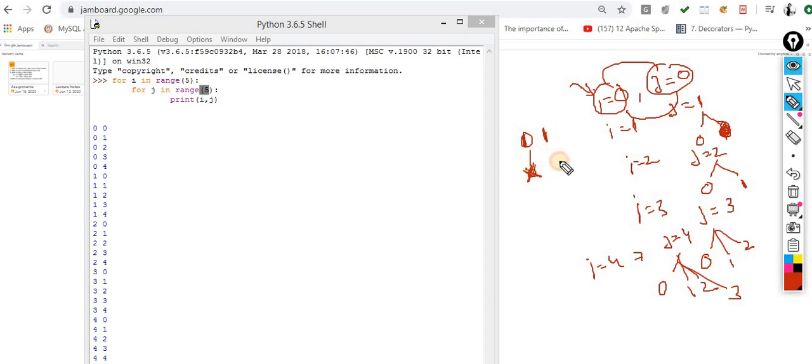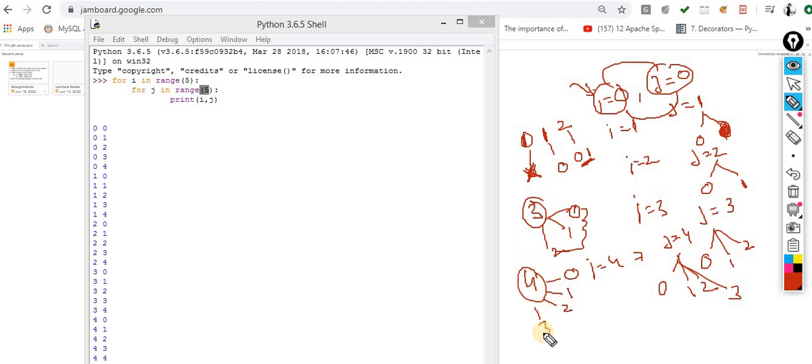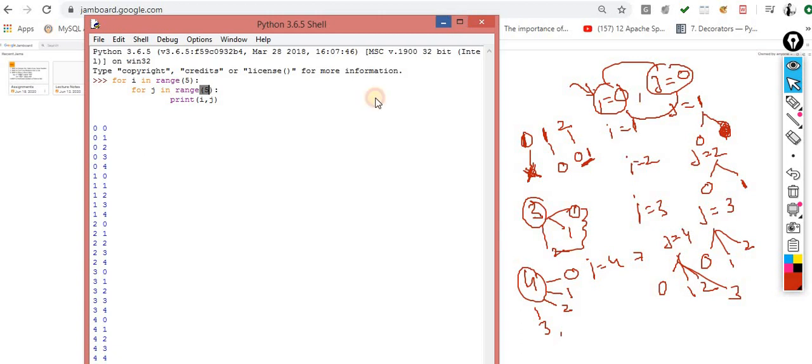If i is 1, then it will run for the 0th step. If i is 2, then it will run for 0 and 1 step. That means it will take 2 steps. If outer loop is 3, then inner loop should be 0, 1, 2. That means it will take 3 steps. If i is 4, then inner loop should be 0, 1, 2 and 3. I want this. Let me represent the tree structure for the same.